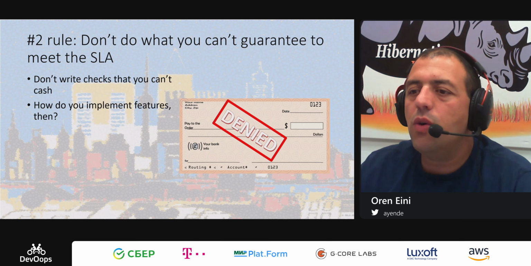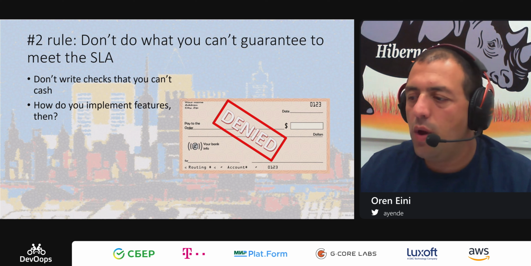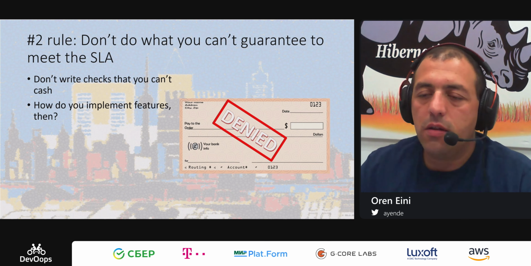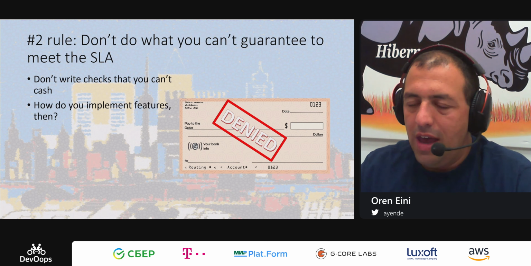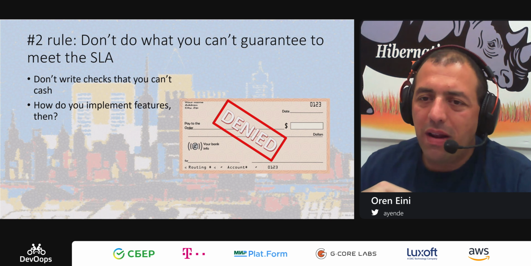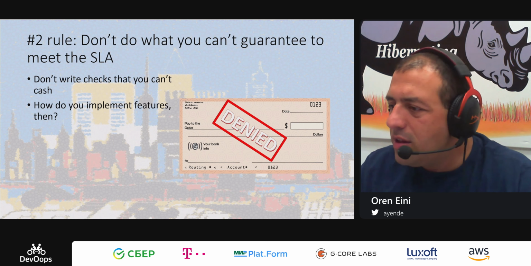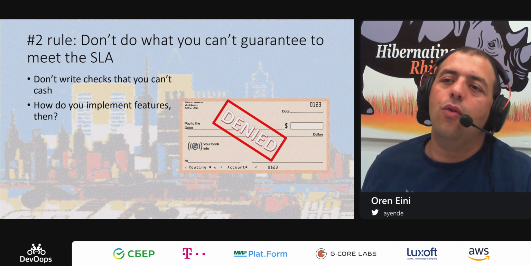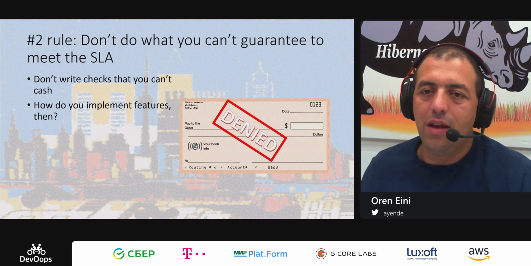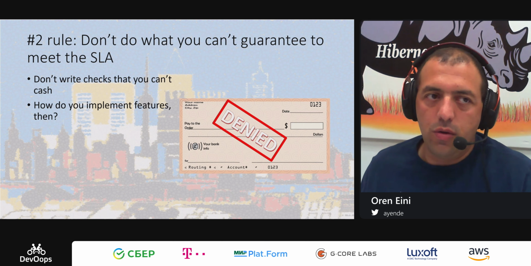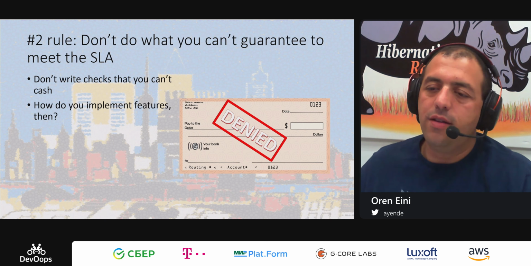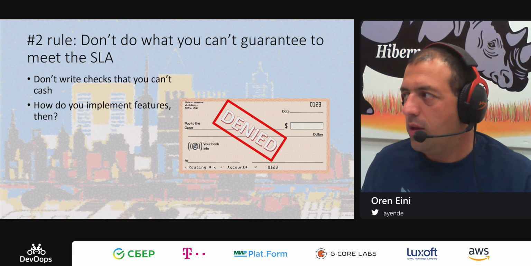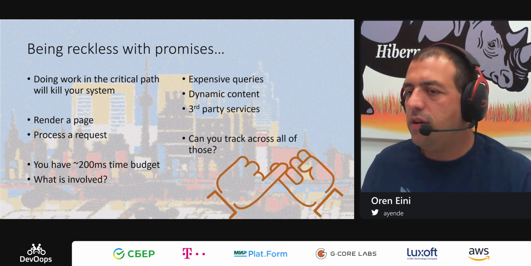And this is important because if you accept this feature, you may end up in a situation where you're the one holding the bag. You're the one that has to meet both the SLA and the feature. And then you end up with tremendous complexity. Now, this is not strictly an issue of the architecture. This is an issue of what is the system feature set that you accept to do. But if your architecture tells you, hey, this is a problem, then you can approach that in a much better way. So let's see some of the things that are going to kill me.